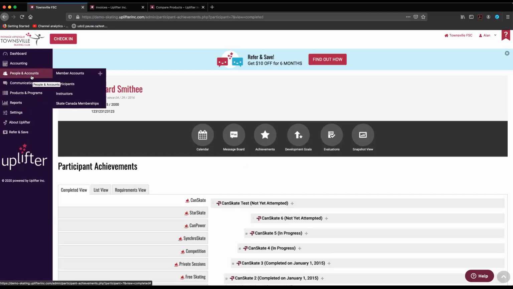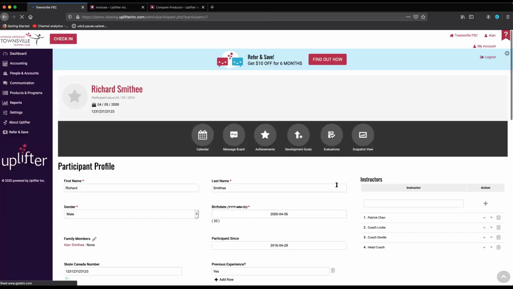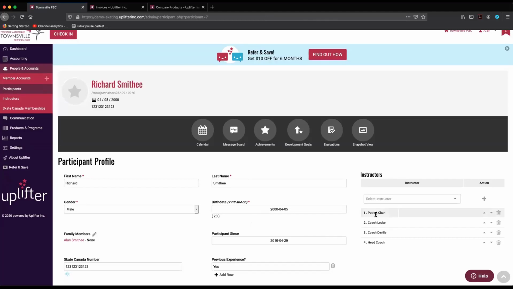So from here, one of the other things that I did want to outline with our participant profiles is that Uplifter is one of the only club softwares that allows you to attach specific coaches to your participants. So here you can attach a head coach, maybe a dance coach, any of the coaches that have contact with the skater. And not only that, you can set up Uplifter so that you can restrict the permissions of those coaches to only see the skaters that they're attached to, whether they're attached to them here on their instructors list, or perhaps attached as an instructor on the